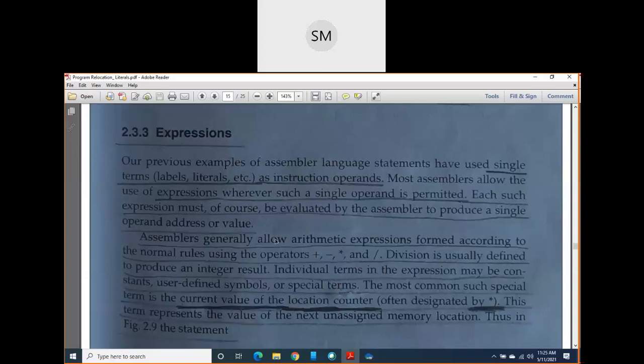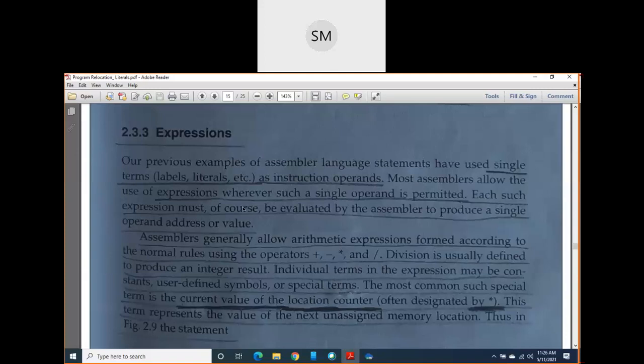Along with these operators, definitely we will use some operands in our expressions. These operands here we call terms. These terms will be either constant values or symbols.